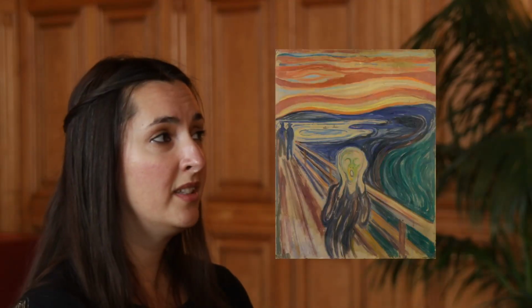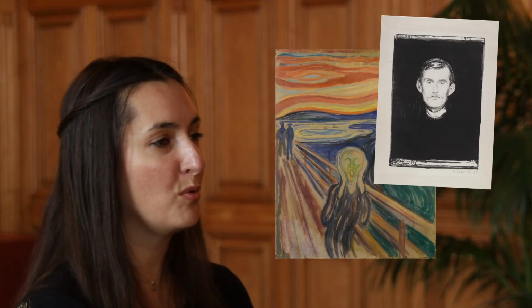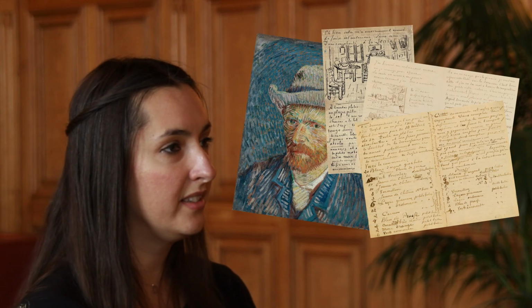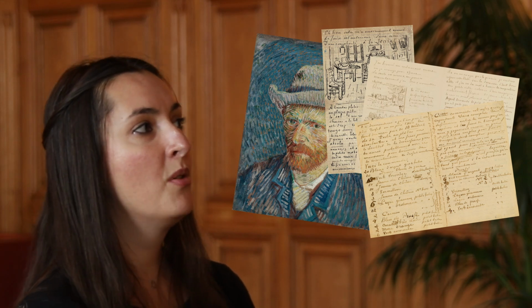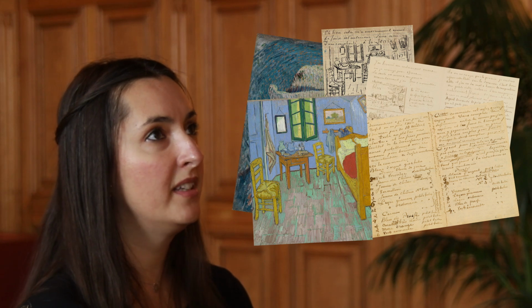For The Scream, it's nice that Edvard Munch actually sometimes was commenting on his own paintings. And we have the same case with Van Gogh. I'm sure that you're aware of Van Gogh's letters. They are a very good reference, because I think when they started studying the Bedroom, in the beginning they assumed there was a color change,